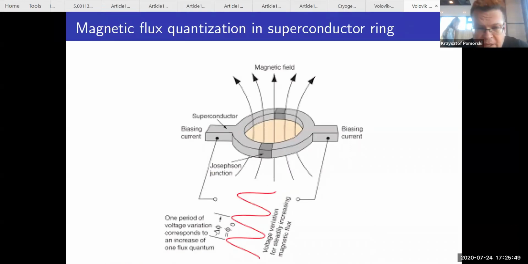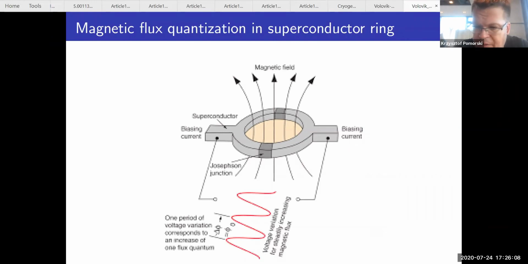So there are other common features for both superfluids and superconductors. You can create a Josephson junction in both types of systems. So for example,